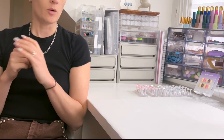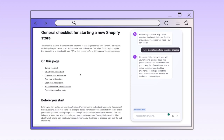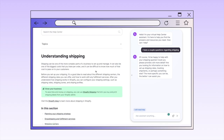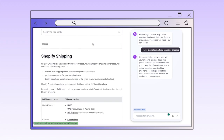Personally, I chose Shopify over the other e-commerce platforms because I just found it to be the most intuitive. From the moment I started researching how to build a website, what do I need to do, every question I had was answered in Shopify's support page, and they give you step-by-step exactly what you need to do. When setting up my shop, Shopify walked me through all of the things that I had to consider in order to make sales. So things like product descriptions and size and weight for shipping, local shipping carriers,